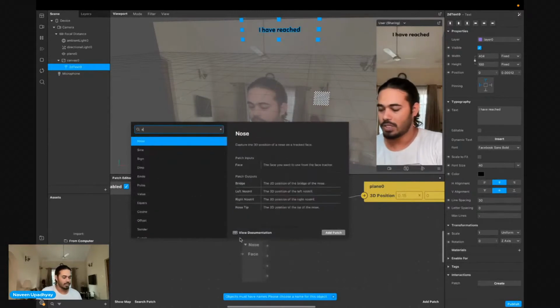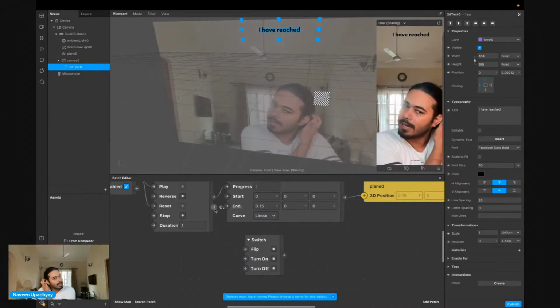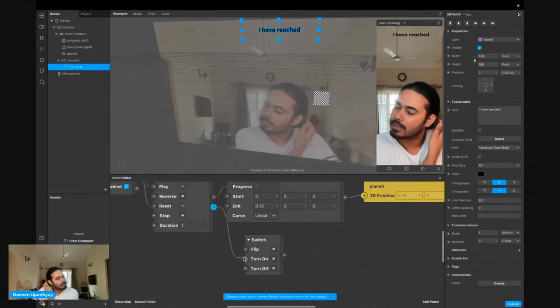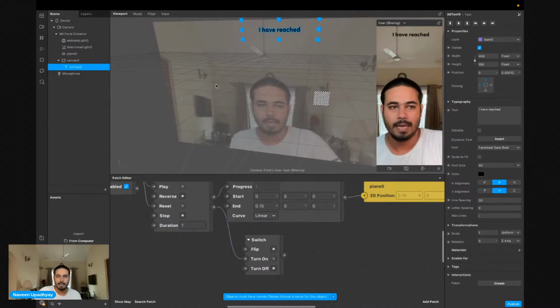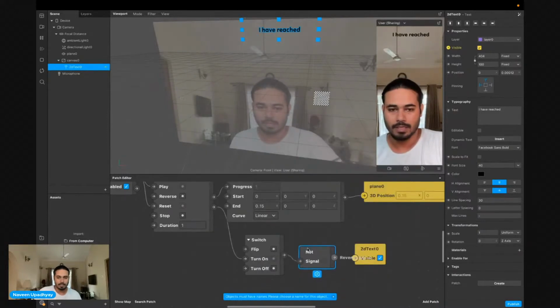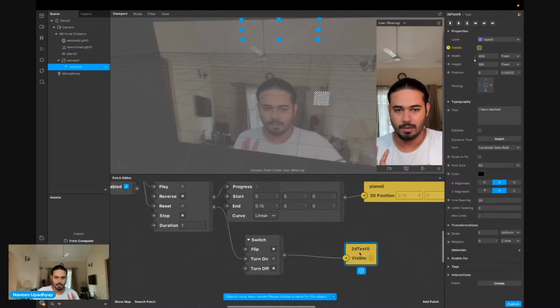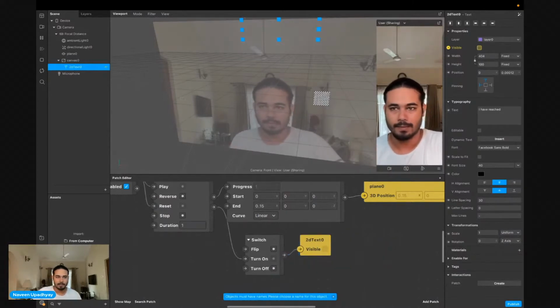So I'm going to use a switch. The switch is going to take some pulses and give me some booleans. I'm going to take the turn on pulse, and initially it should not be visible.